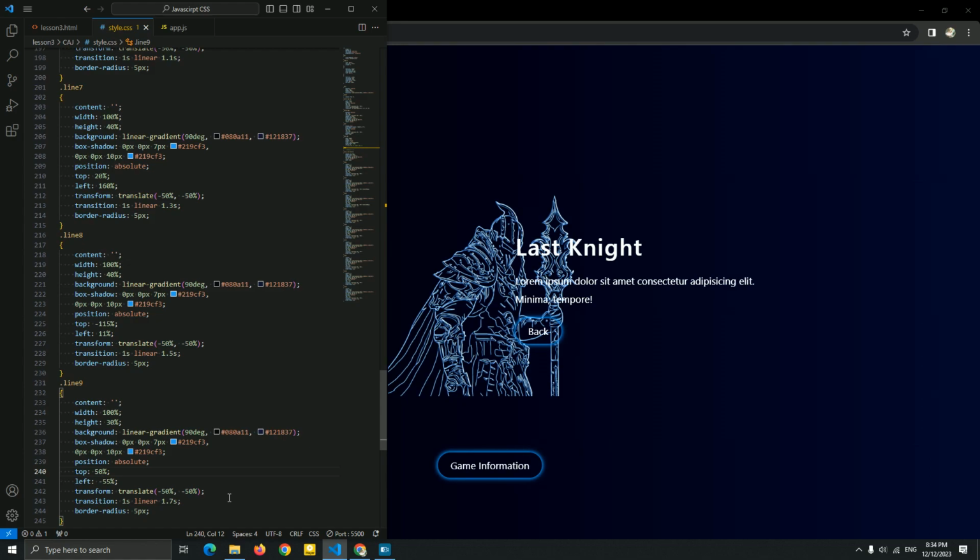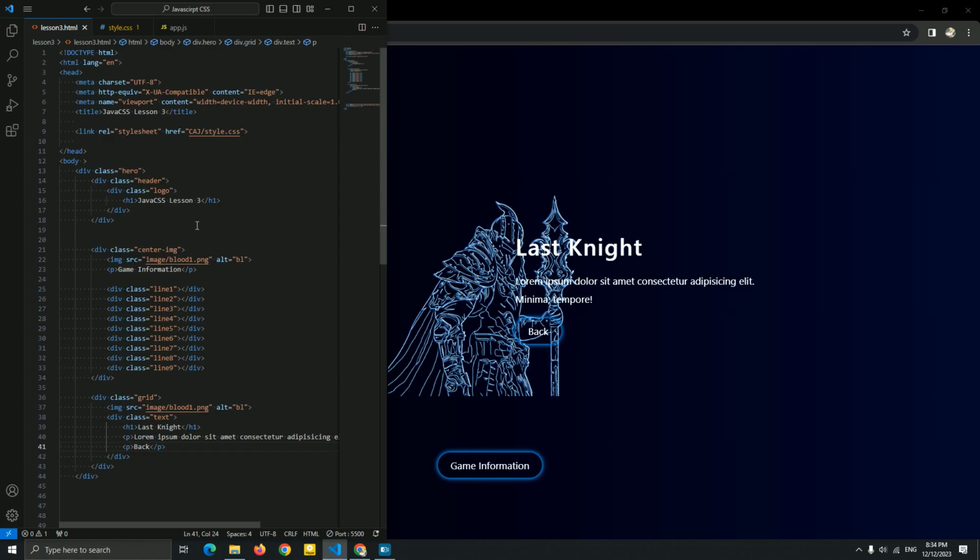Now I'm gonna explain how we're gonna add the CSS for the animation. So first, let me just add the ID and the onClick for this HTML. I'm gonna start with this center image here, and I'm gonna add an ID. I'm gonna name it image1, the first image, and for this, image2, the second image. Okay, now for the text, I'm gonna add this onClick to start the animation.